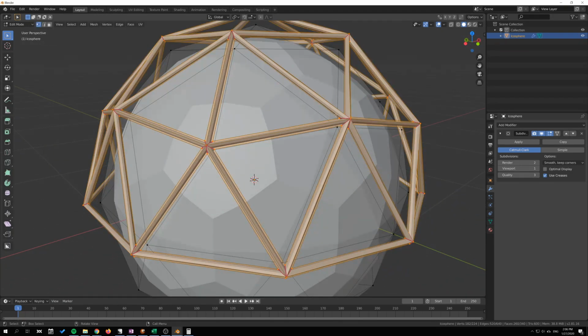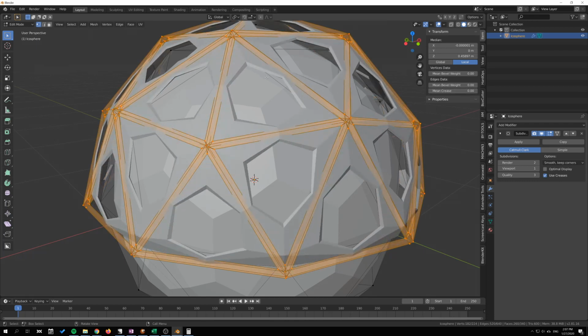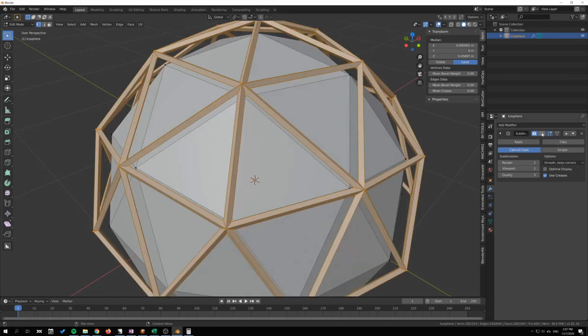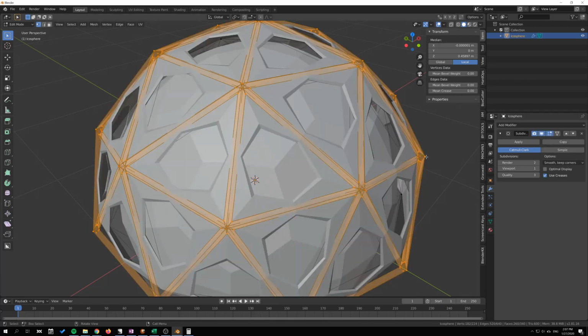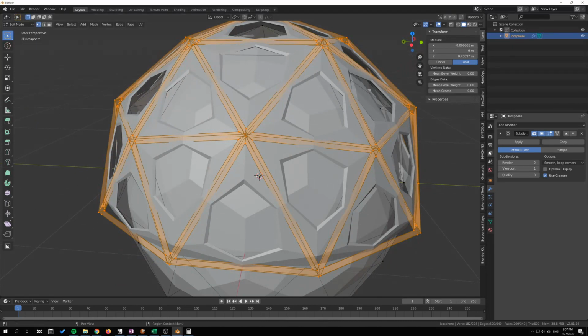If we didn't have those creases, let me just toggle the N panel here and go to item here and decrease this mean crease value, and you can see how these become circular with the subdivision surface modifier turned on. So if I deselect that, we have an original mesh, and then we have the subdivision surface. We get this rounded off with the Catmull-Clark algorithm there. So the mean crease there helps us to maintain those